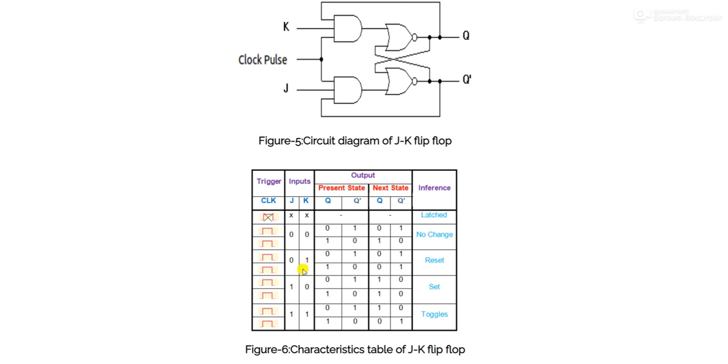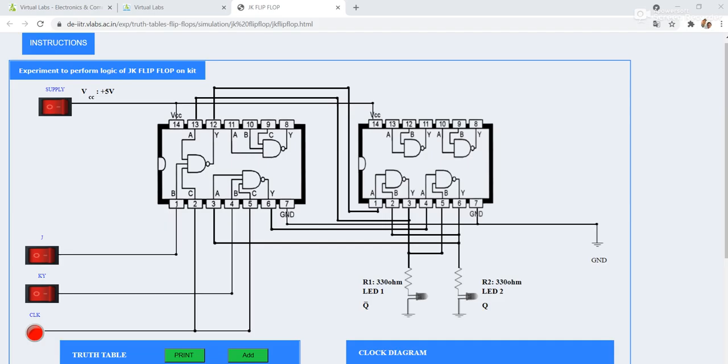So here our main task is to verify or simulate this flip-flop with the help of switches and LED. For this we will move to the virtual lab. Just click on IIT Roorkee Digital Electronics Lab, and in practical number 6, click on JK flip-flop. So this is the experimental setup of JK flip-flop.